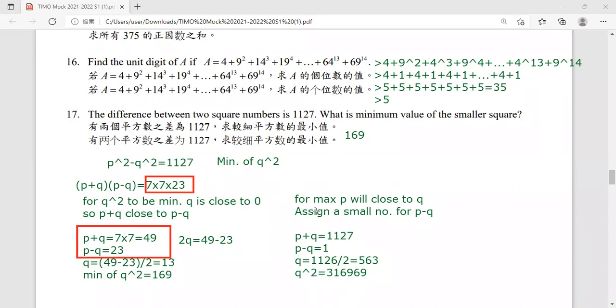In this case, this is also the minimum of p squared, and then this is also the maximum of p squared. Okay. Then p squared will be equal to what? Will be equal to 564 squared, which is